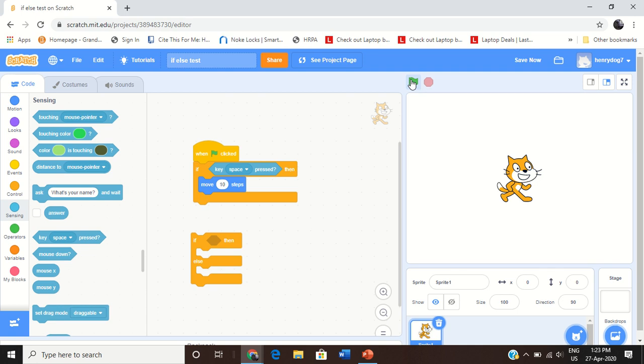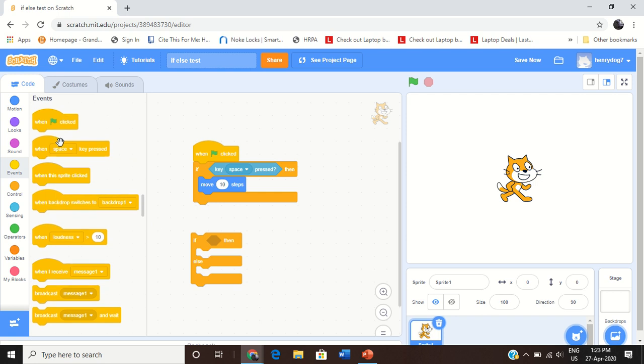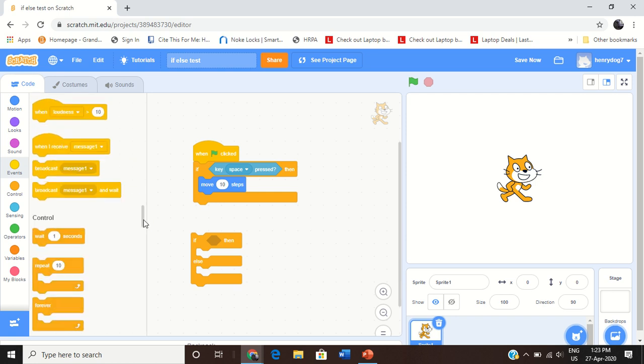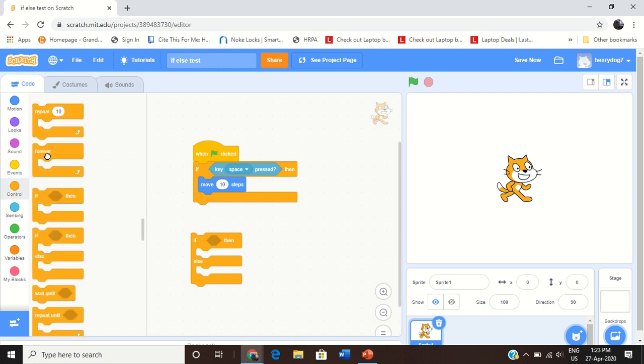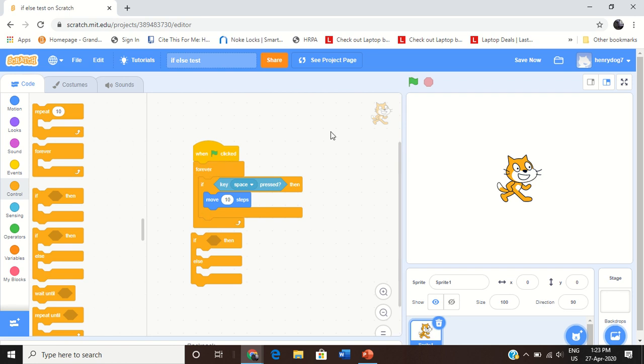We start, and as you notice, it's not doing anything because it goes through so quickly that I don't have time to be able to press the space bar and start the program. So we're going to drag in a forever loop and put that there. So now when we press the green button, every time I press the space bar, the cat will move forward. You drag the cat back,